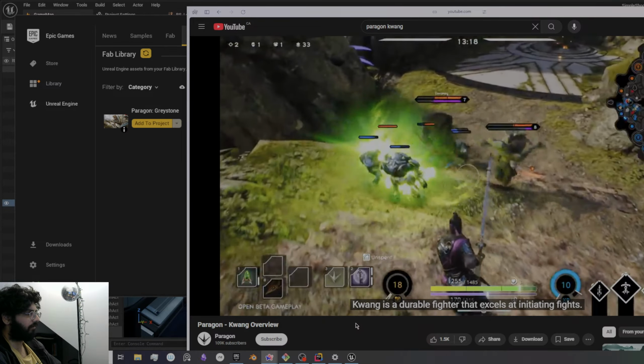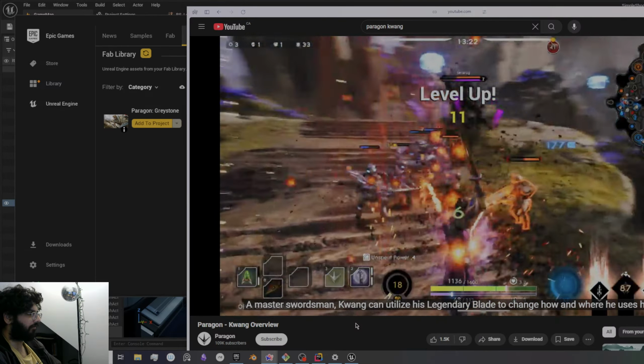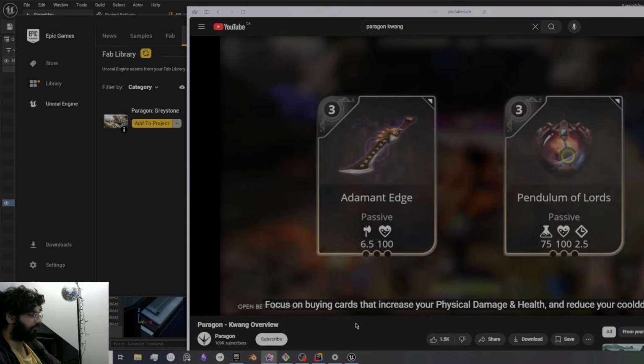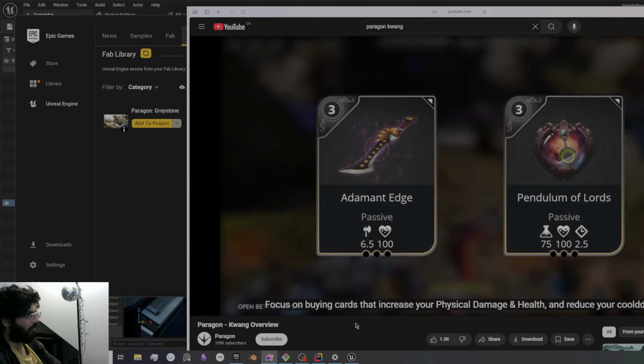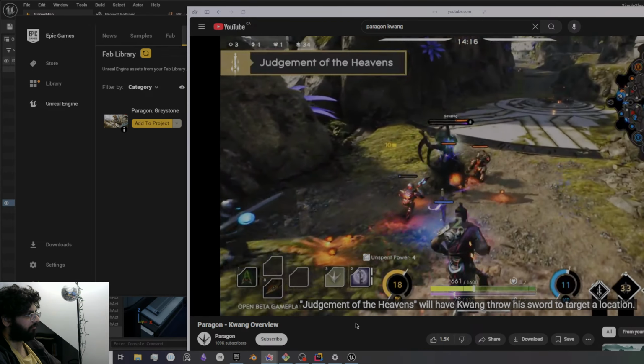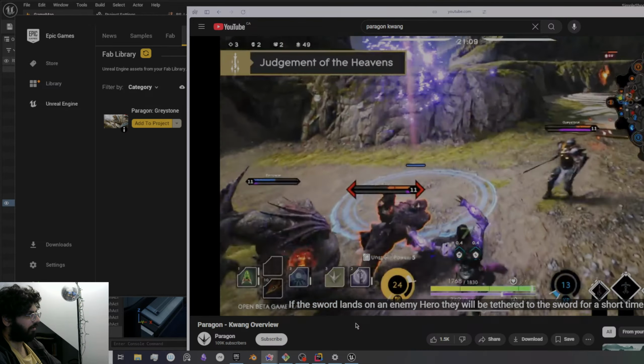Kwong is a durable fighter that excels at initiating fights. A master swordsman, Kwong can utilize his legendary blade to change how and where he uses his abilities. Focus on buying cards that increase your physical damage and health, and reduce your cooldowns. Judgment of the Heavens will have Kwong throw his sword to a target location. If the sword lands on an enemy hero, they will be tethered to the sword for a short time. Keep in mind, if you aren't holding your blade, you cannot attack, so reactivate the ability to draw your sword back. Gift of the Heavens is an aura around the sword that grants Kwong and nearby allies lifesteal on basic